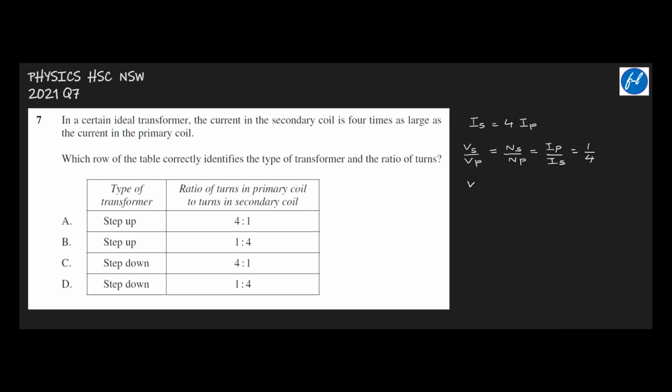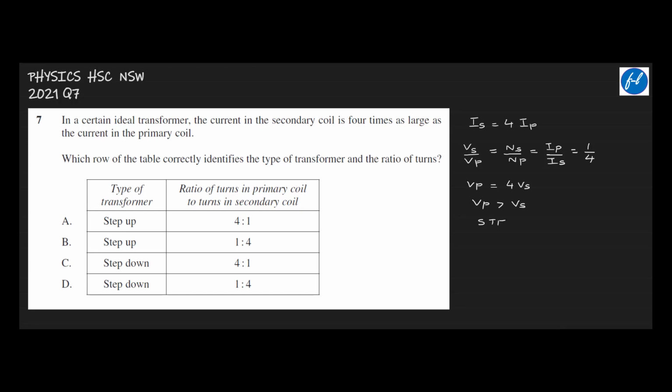So from here we have voltage in the primary is equal to 4 times the voltage in the secondary. So since voltage in the primary is greater than the voltage in the secondary, therefore it is a step down